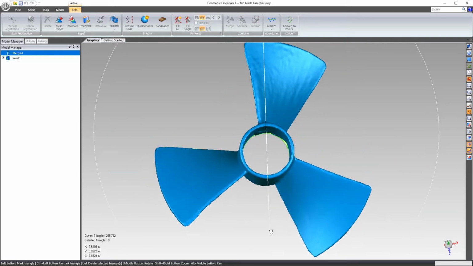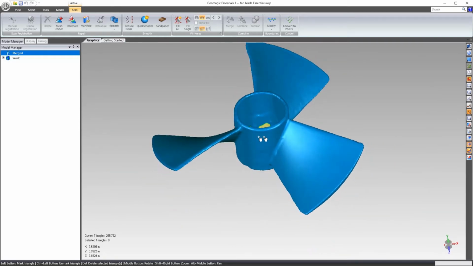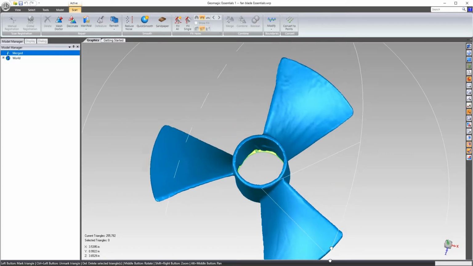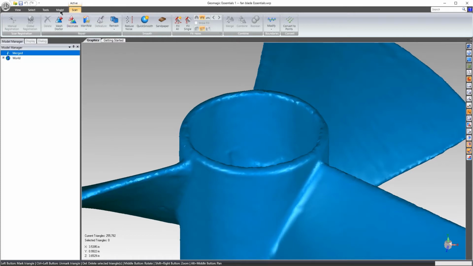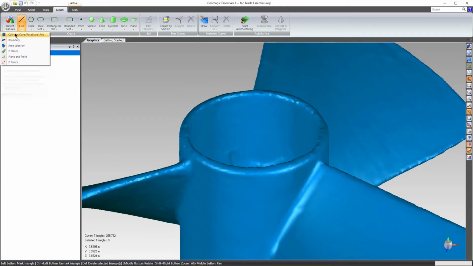And with a fan blade, what I typically use is the central axis, and maybe the top plane. And then a lot of times I will grab one of the impeller blades and then fit a point there to index it. So I'm going to go ahead and create that geometry, and I'll show you how that works. So if I come over to model, what I'll do is create a line based off this first option,